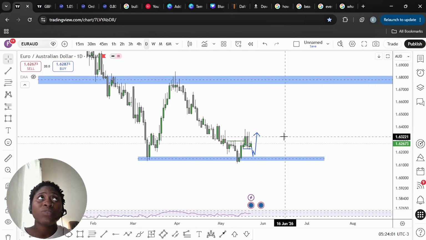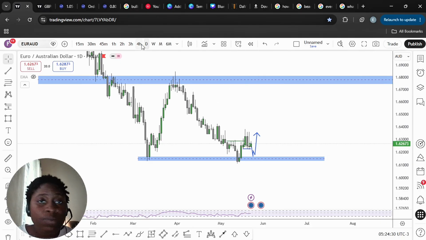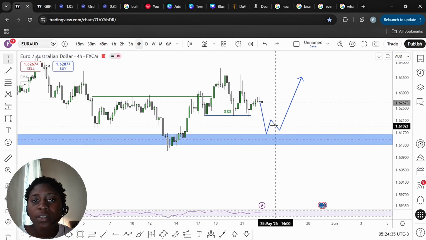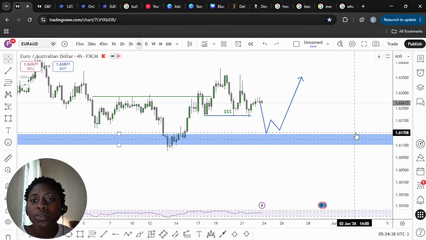I would call myself a discretionary trader, a professional discretionary trader. I trade with price action. I trade with my discretions based on the market context, based on the market structure, based on the trend, based on my experience from having to trade the market for a long amount of years. So I expect something like this to happen,